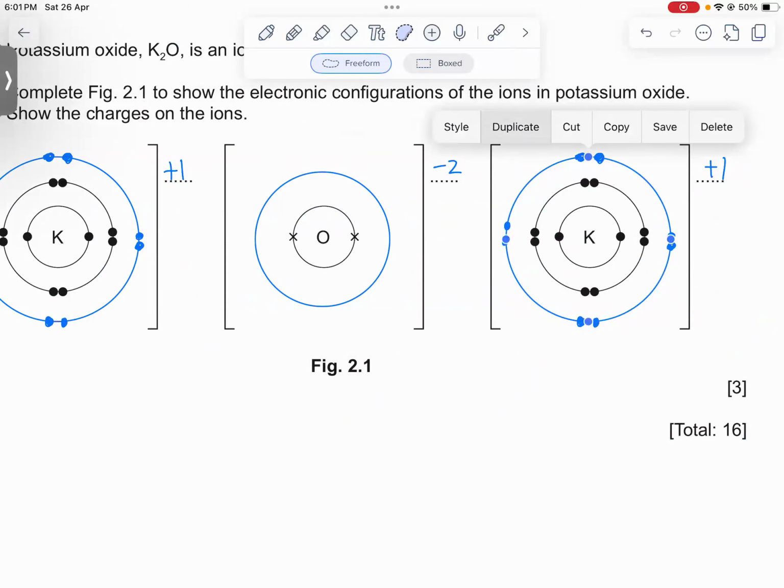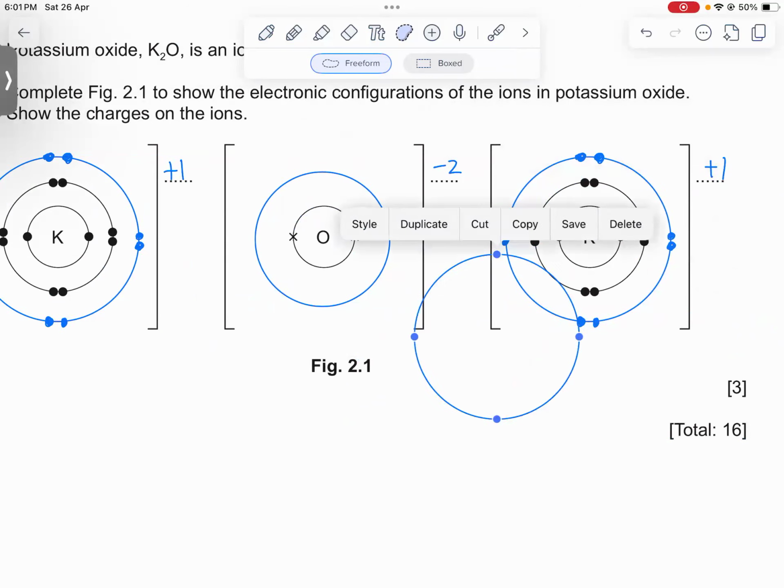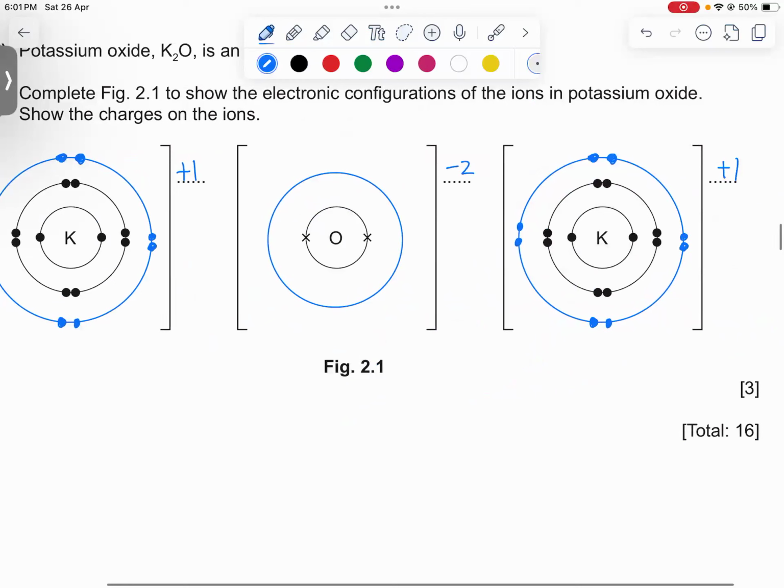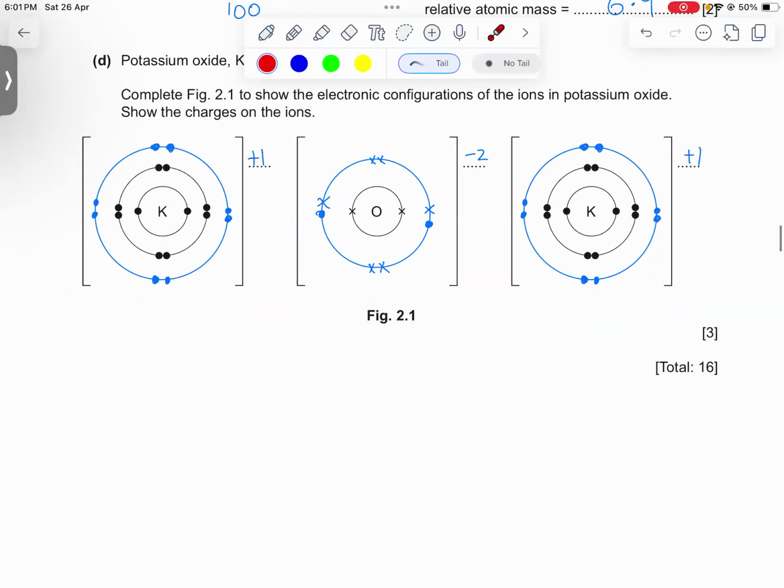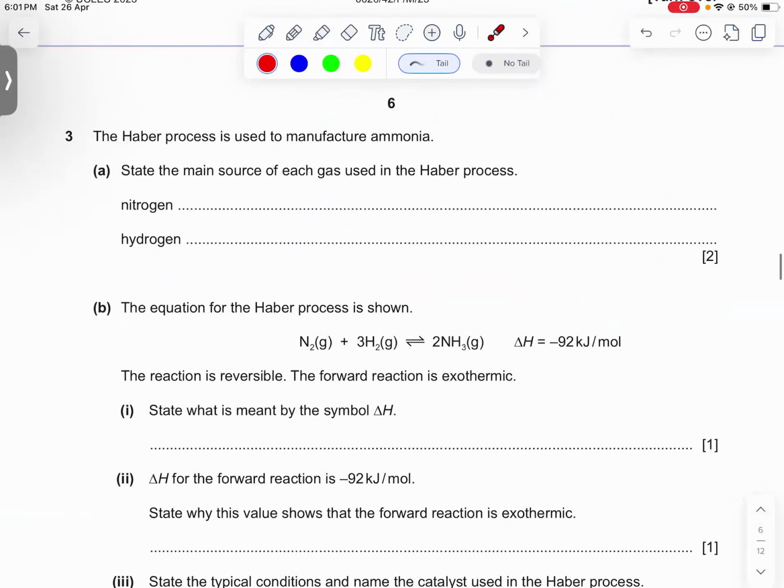And then in the middle one, we want to make another circle. Oh no, we already have the circle. Oxygen has 6 electrons of its own and it gains 2 electrons. 1 electron should be gained from each potassium. That is how it works. All right, so the oxide ion has a -2 charge and is shown with 2 extra dots in its structure. All right, next question.